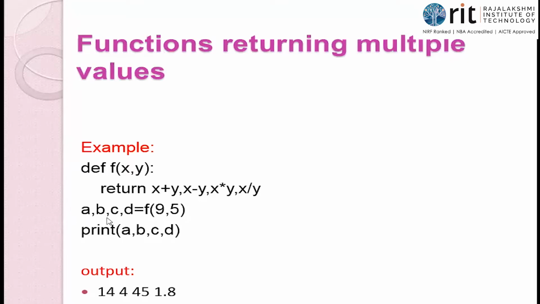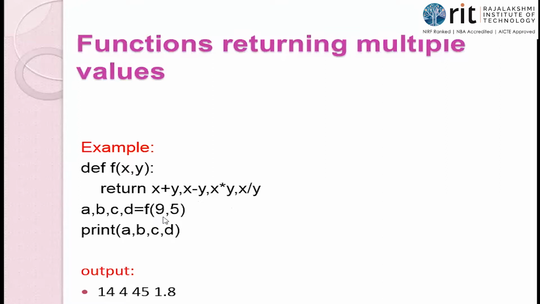Now, a, b, c, d na meaning enna, there are 4 variables involved. Is equal to sign வருது. So it is an assignment statement here. So what happens here? It waits for all of its values. So a, b, c, and d are waiting for its values. Is equal to right hand side எனக்கு 4 values வரணும். Isn't it? So right hand side என்ன இருக்கு?